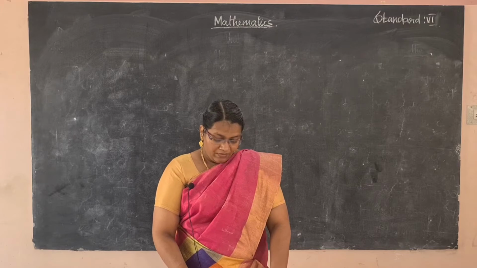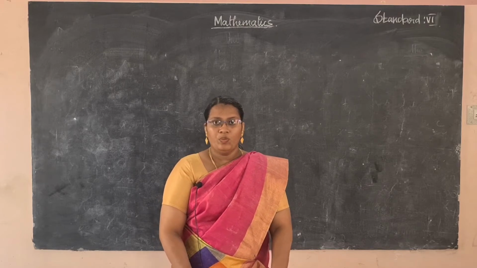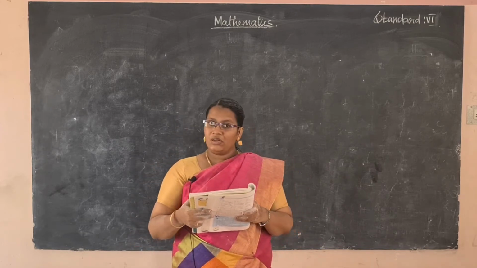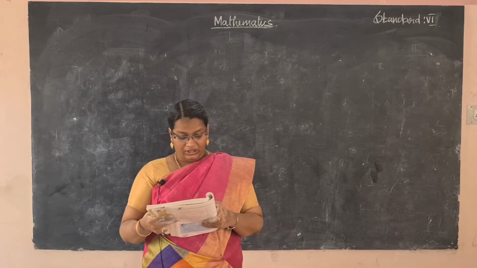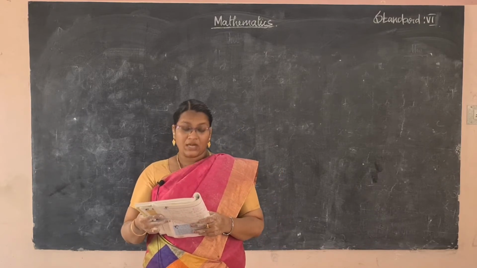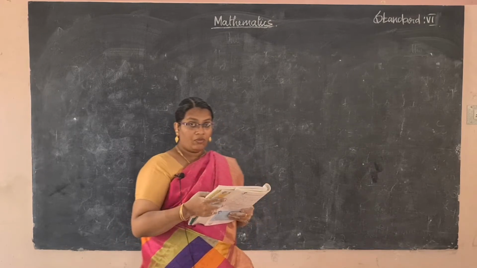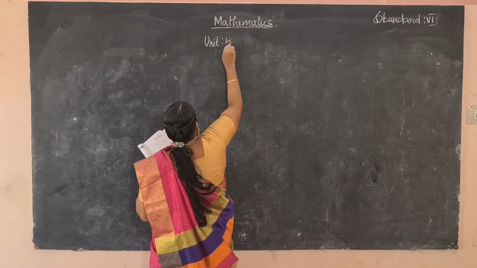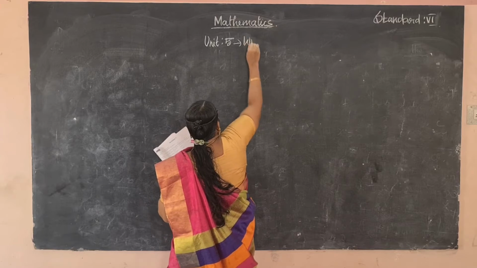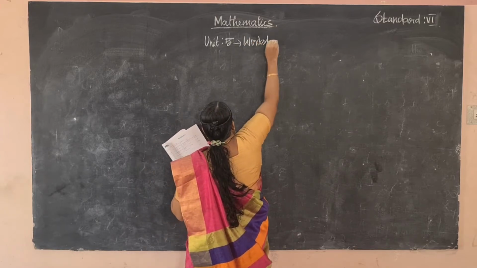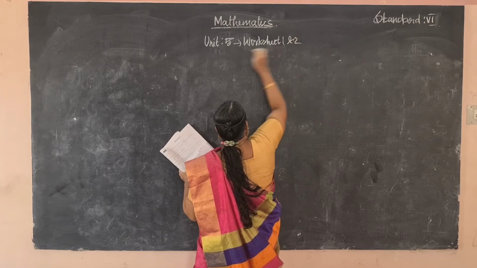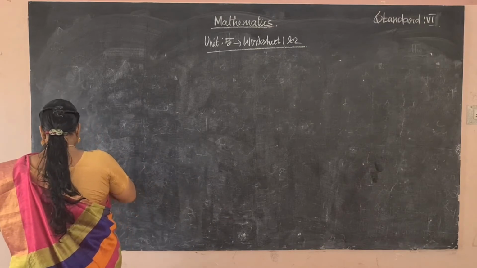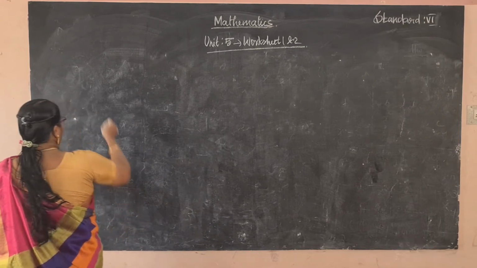Okay. Today we are going to do the worksheet 1 and 2 problems. First, worksheet 1: select the correct answers, fill in the blanks, you will try. The homework, the third problem also homework. Now start from the fourth problem in worksheet 1. What is the fourth problem? Simplify the following.